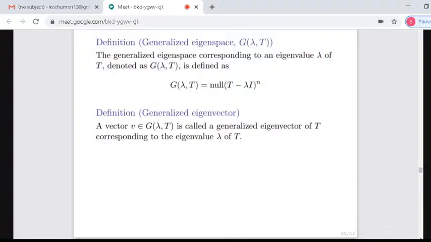The generalized eigenspace. If lambda is an eigenvalue, then you define the generalized eigenspace corresponding to lambda, denoted by G_lambda(T), as the null space of (T minus lambda I) to the power n. Now this is just a definition, because an obvious thing which you can notice is that